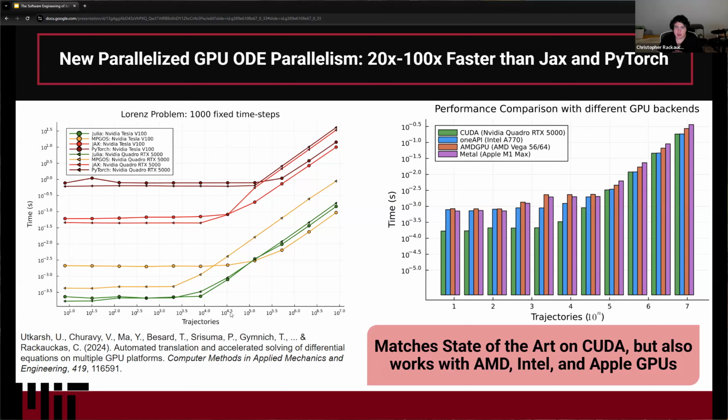And the key thing is that a lot of the machine learning libraries, they develop in a way where they're based off of array primitives, right? So basically, you have an array on your GPU, and you have a matrix on the GPU, and you do matrix vector multiplication, and that calls a kernel on the GPU, right? And so this problem that we looked at was, if you want to parallelize ODE solves on GPUs, and you want to do this over ensembles of